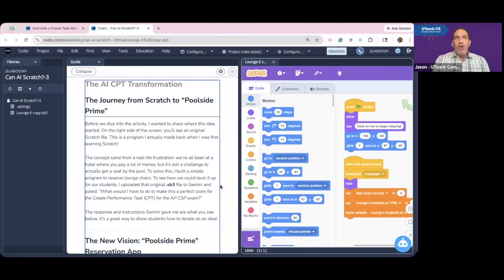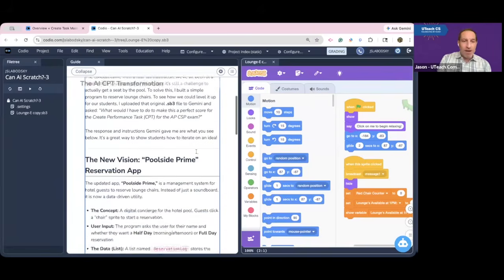Now, your students, and let me clear this up for you right away. Your students can use previous assignments for their create performance task. They have to add new functionality to it. That's the rule. And what they discuss has to be that new functionality. So what I was able to do was, and I just talked about it right over here,